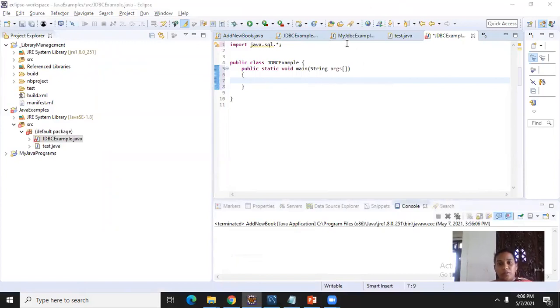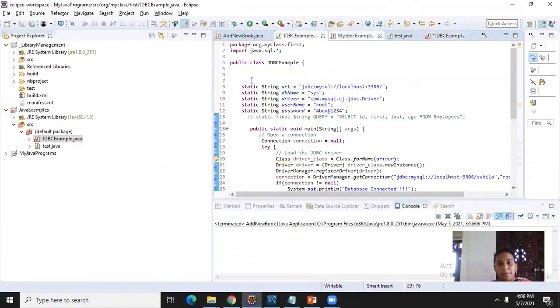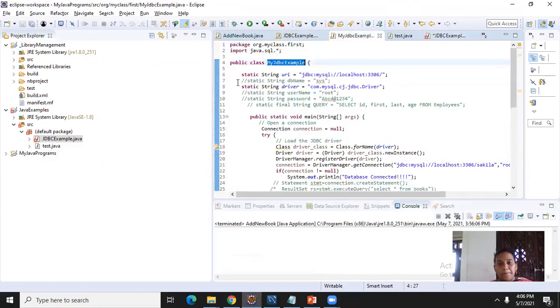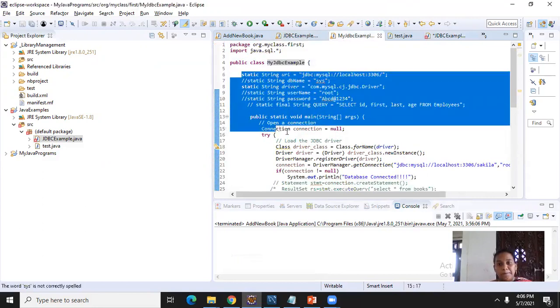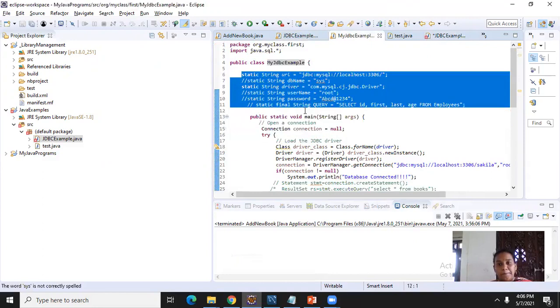First I will mention the driver, and I'm copying my environment details.